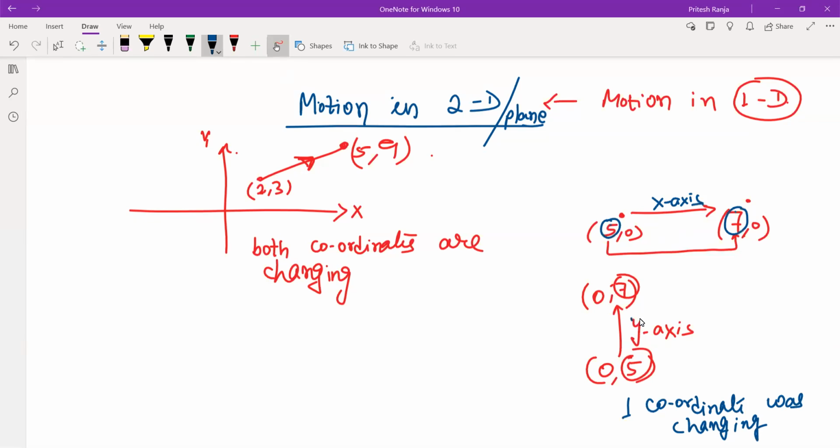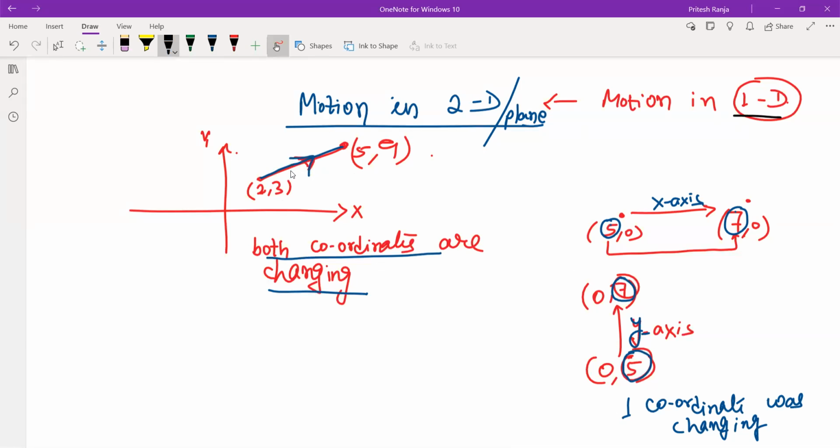Here, if the object is moving along y-axis, in this case also there is only one change in coordinate. These are all one dimensional motion. But in two dimensional motion, here it can be observed that both the coordinates are changing. That's the basic difference. Now, we are not going to explore anything new in motion in two dimension. Just the thing is that whatever we learnt in motion in one dimension, we will apply them to explore motion